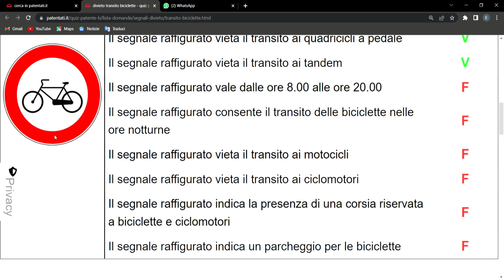But in some cases, if the validity of this very sign has a limit, then we also indicate it under. But if it does not have any indication of limit, it simply means that the validity is always, whether in the morning, whether in the afternoon, whether in the evening.